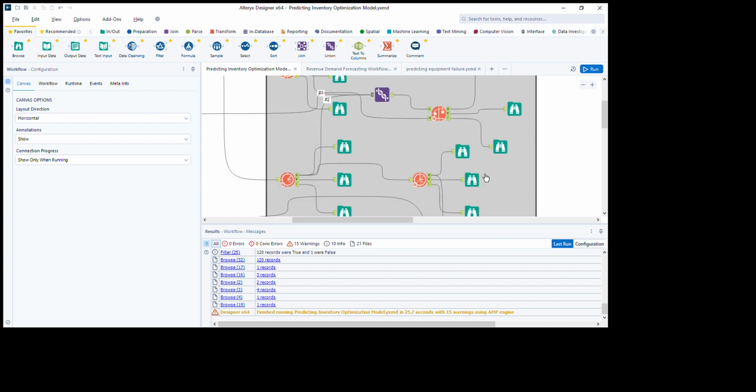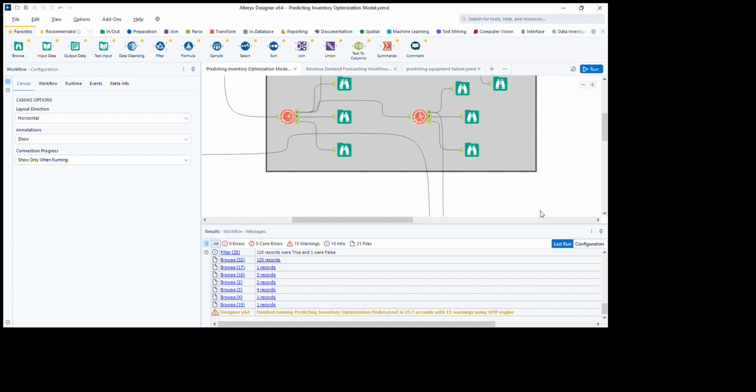Then we applied the trained models on the test data and implemented a workflow to calculate the reorder point for optimal inventory management. The benefits of this use case are multiple, but to mention a few